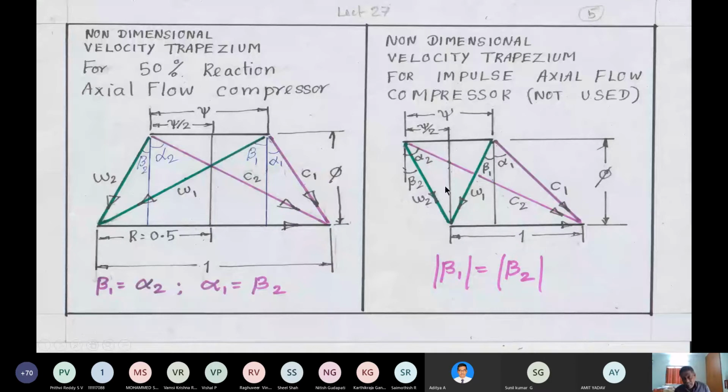Whether you will have it or not, it's a question, and one may think of more than 1, less than 1 by this jugglery, but in practice the degree of reaction for a compressor will be around 0.5. That means this top side you may move a little bit towards left or towards right. Okay, in turbines everything is possible. The impulse is very, very popular one. In the steam turbines, initial stages will be impulse, where you may get a velocity triangle combination like this.